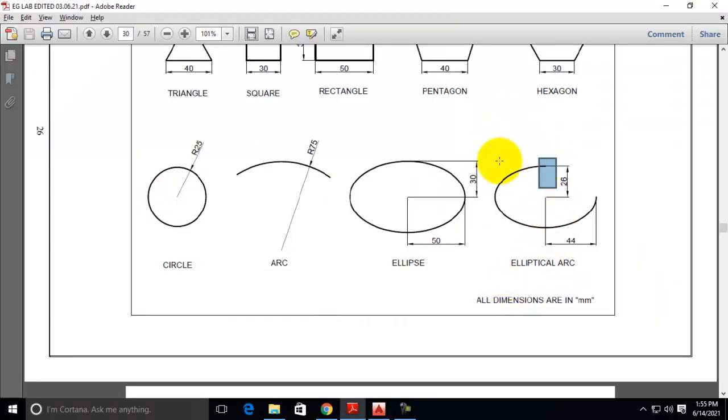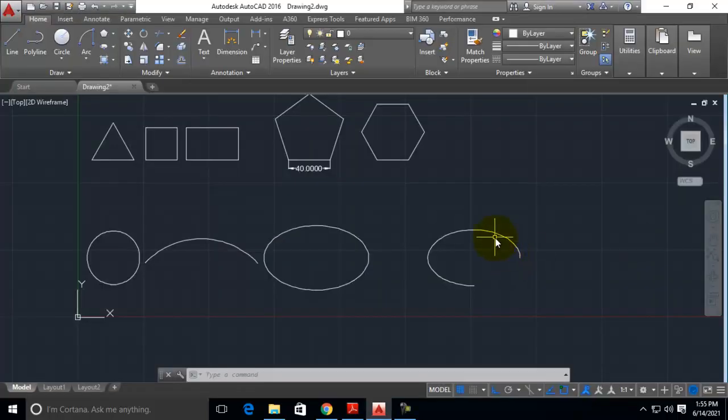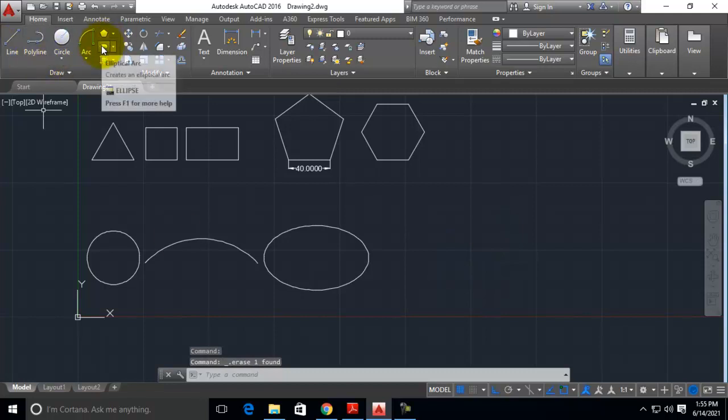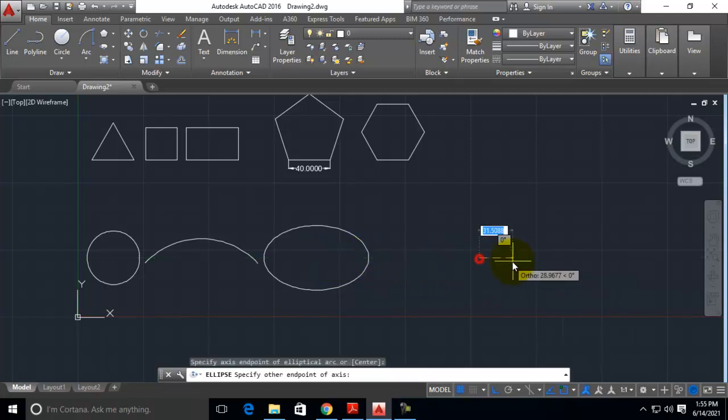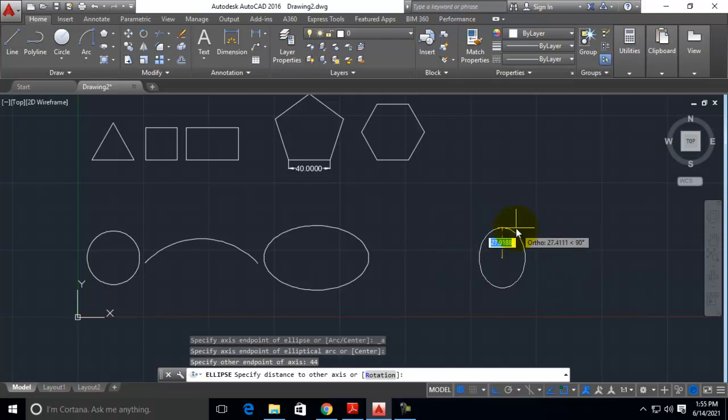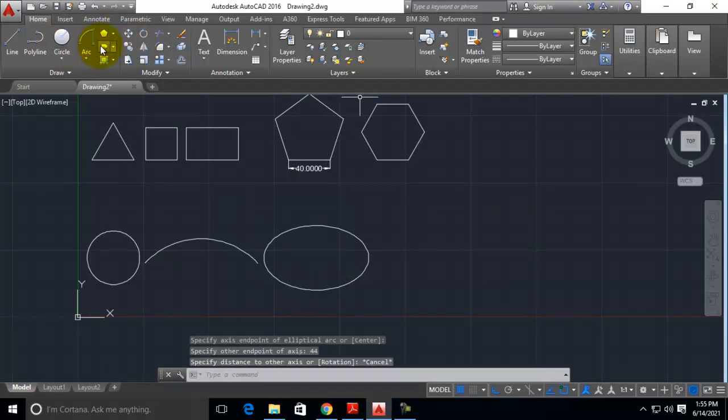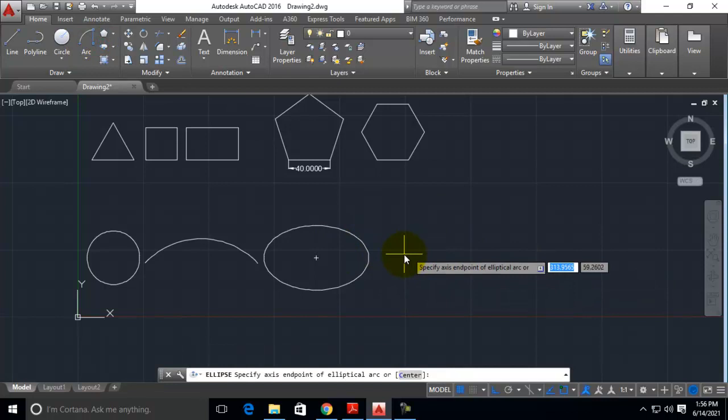But if you want to draw it as given in this drawing, I am deleting it now. You can just complete it again by using this command, elliptical arc, center point, and track it using that. Sorry, this is wrongly taken. I am again selecting elliptical arc, tracking it.